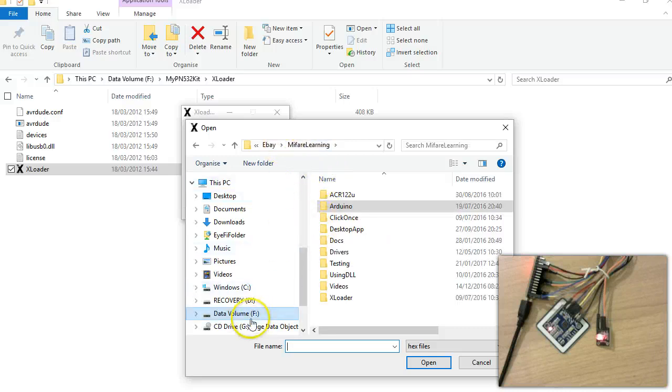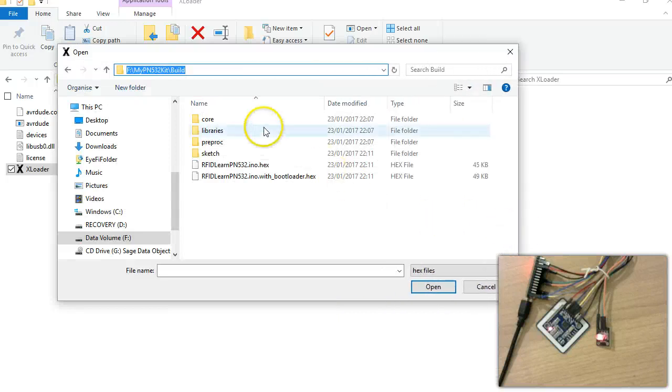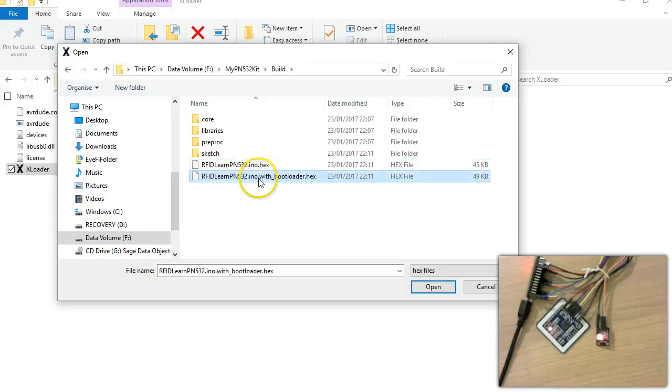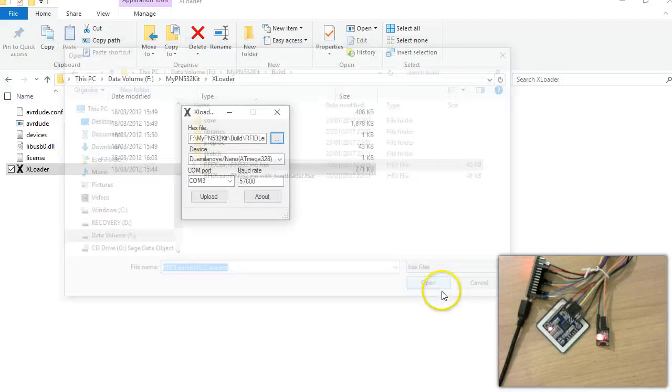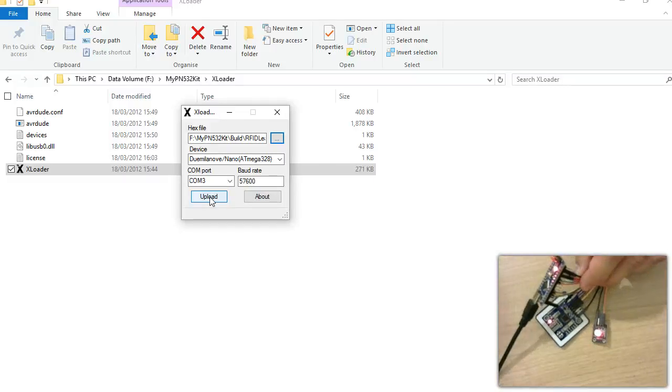If you remember, this is where all our hex files are loaded. I'm going to choose the first one. There's something called the bootloader as well, which I've not used, but I'm going to choose this one. Open. Then when you click on upload, whenever there's data through RX and TX, you can see a flashing light. You can see that there's something going on there. Looks like it's uploading,